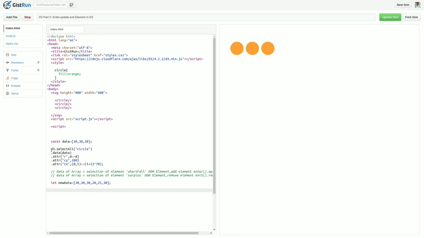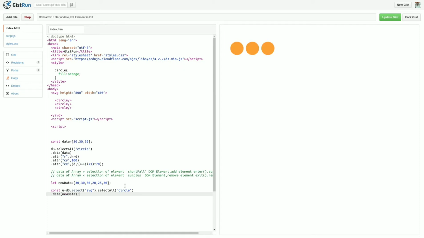So here I will use d3 dot select all circle. I will use a const entered element as u. I will select d3 dot select the svg dot select all circle dot data is equal to new data.